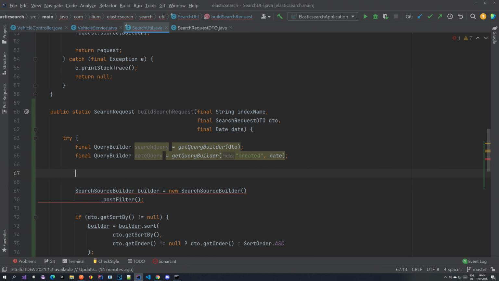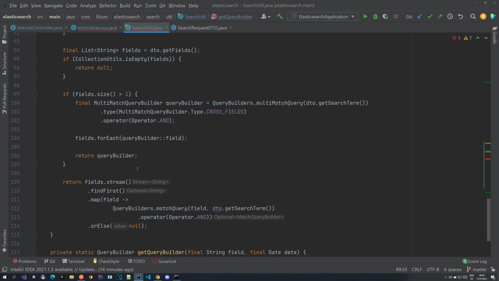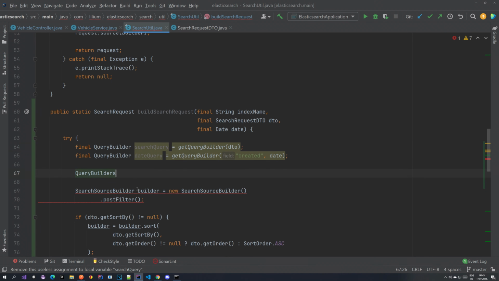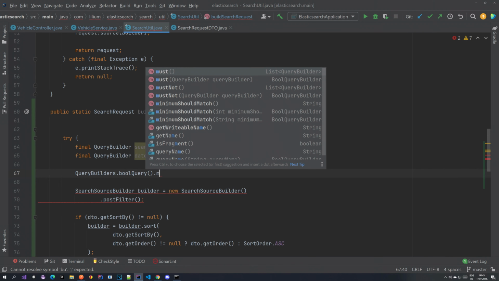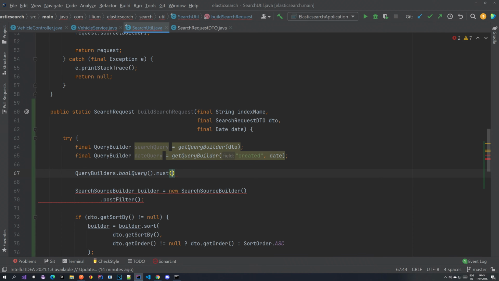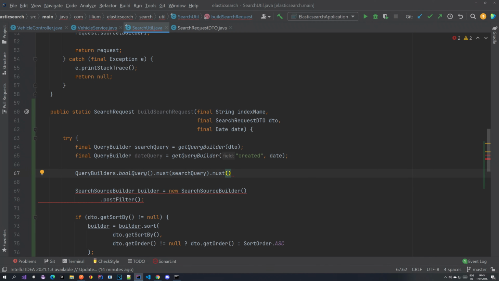Great. And now we need to find a way to combine them. So this is where the bool query comes into play. If we jump to this method, for example, you can see that we are using these query builders. So we can copy this. QueryBuilders.boolQuery().must, and to the must we can provide the search query, and .must, and to the must we provide